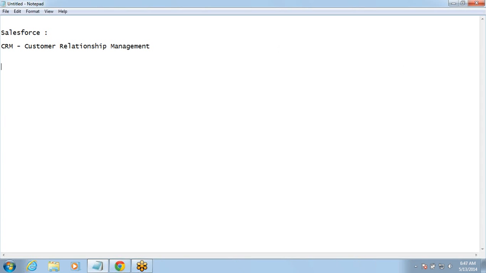Like for example, think of it. If a business has to do smooth transactions with the customer, they need to maintain all the details in terms of let's say how much the customer had paid, which product he has ordered, when is the next payment due, how much is he still need to pay. So all that information needs to be stored somewhere, right? So that they can have smooth transactions. Smooth transactions will mean that they can maintain very good relationship with the customer. So that is the thing. So that is what our customer relationship management thing is.